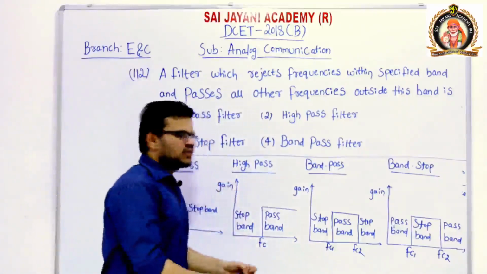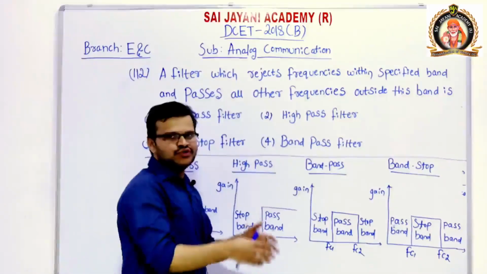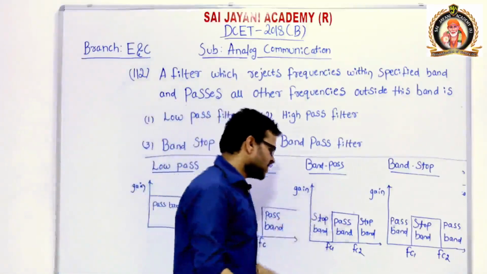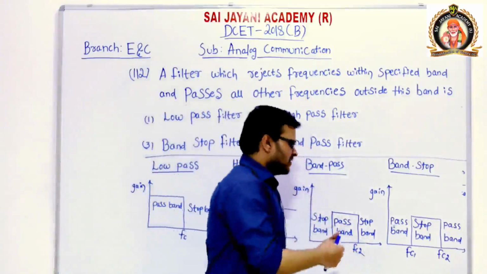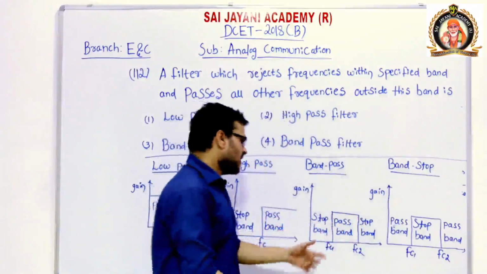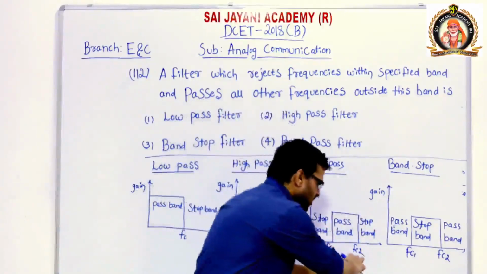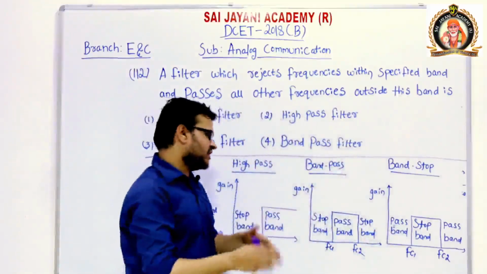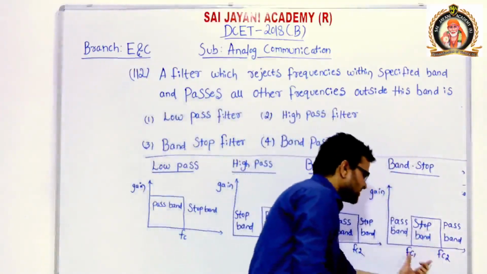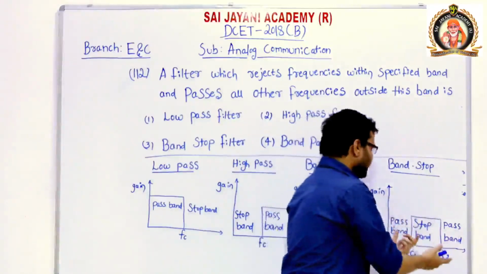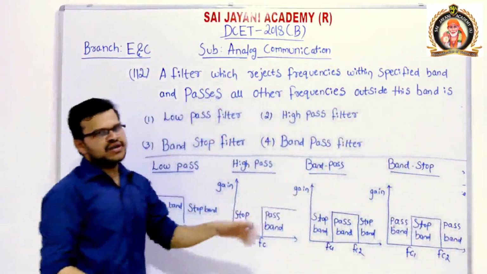In a high pass filter only high frequency signals can pass. Below the cutoff frequency Fc, the signals are attenuated or rejected. In a band pass filter only a specified band of frequencies, that is Fc1 to Fc2, can pass through, and it stops or attenuates the other parts, that means frequencies below Fc1 and above Fc2 are attenuated or rejected. In a band stop filter, it rejects the specified band of frequencies, that is Fc1 to Fc2, and all other frequencies, below Fc1 and above Fc2, pass through the filter.